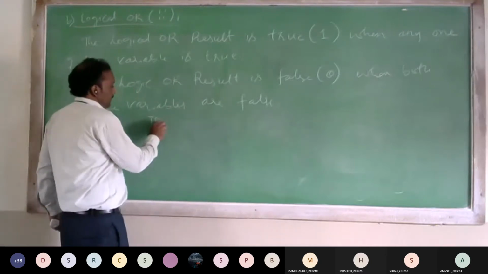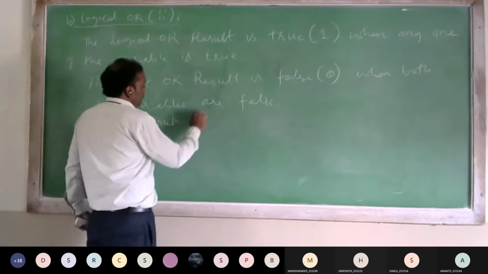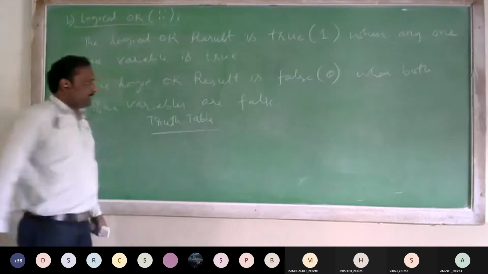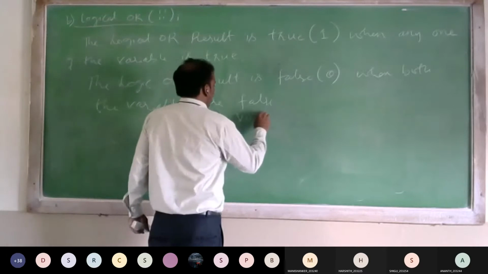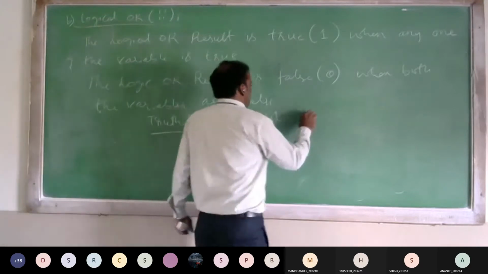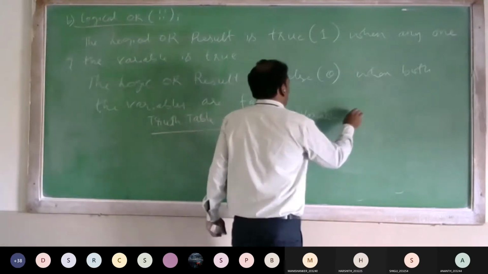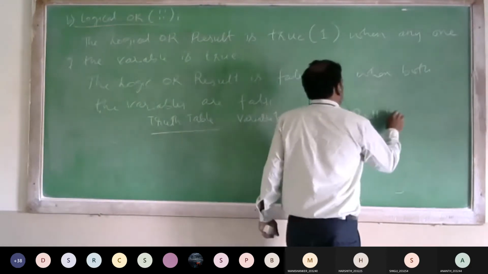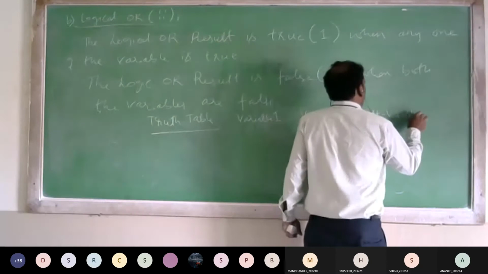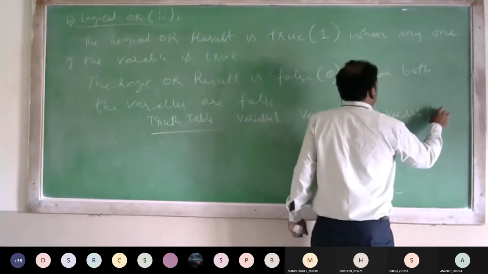Now, truth table for logical OR. This is variable 1. This is variable 2. This is the result. What is the result? Result is equal to variable 1 or variable 2.